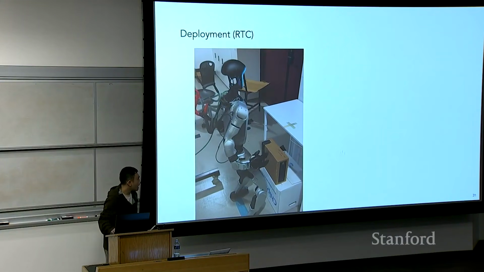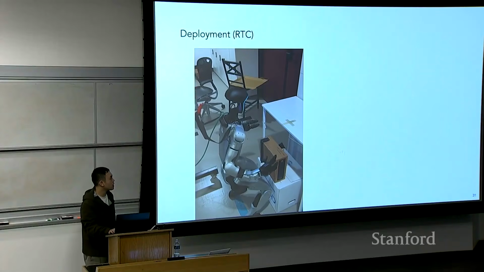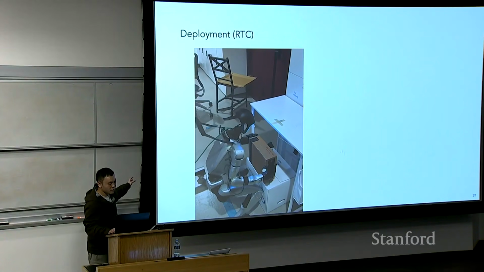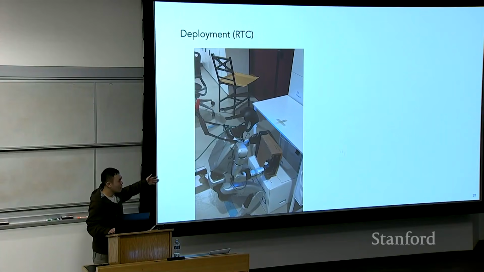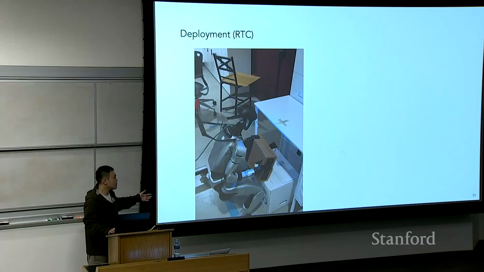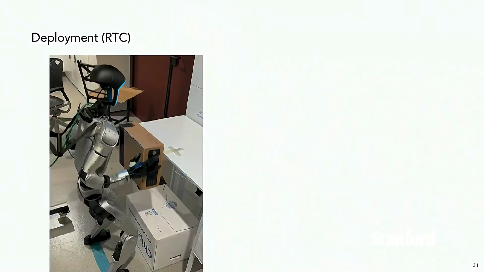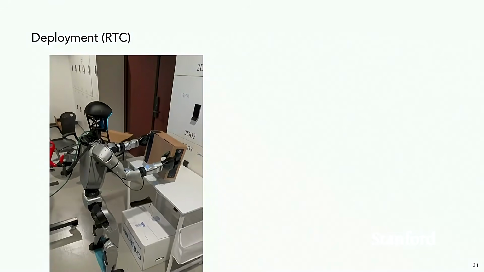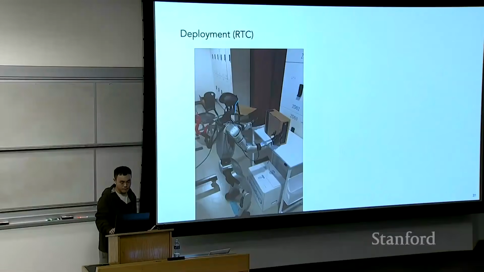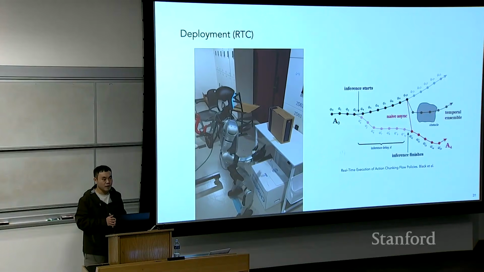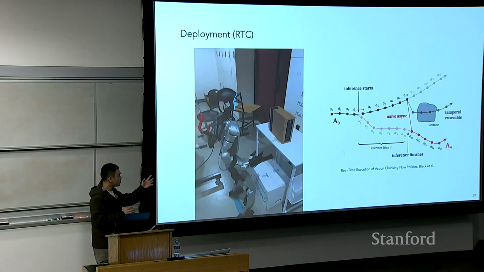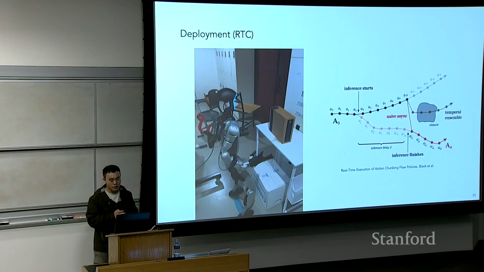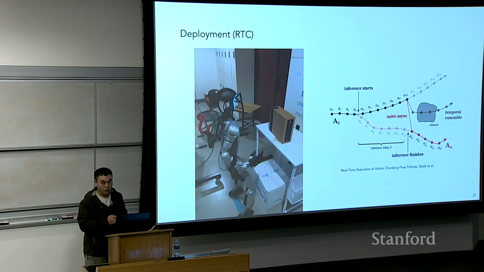So to do that, we have a real-time trunking system implemented. Here is a video, as I showed in the previous slide. This is one without real-time capability. As you see, there's always an action pause, and also there's some jittering between actions. And this is because, let's use the example from the paper called Real-Time Execution of Action Trunking Flow Pauses as